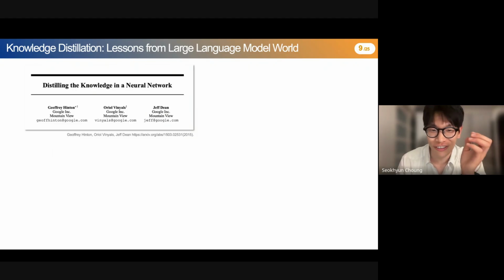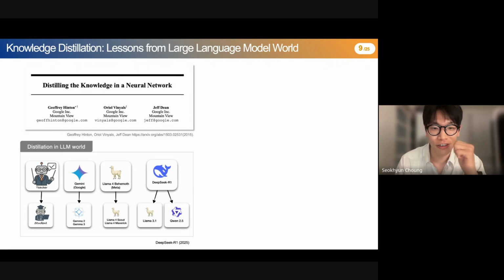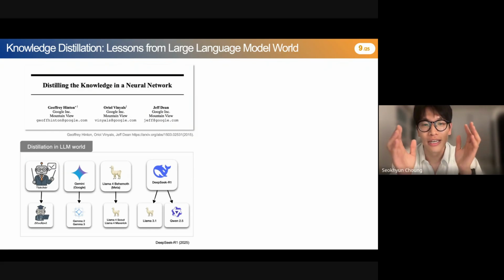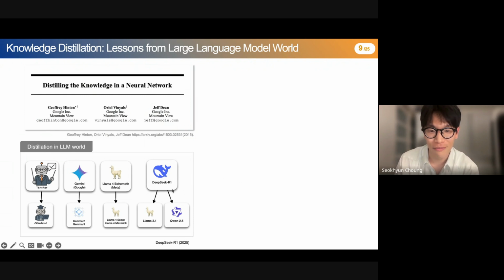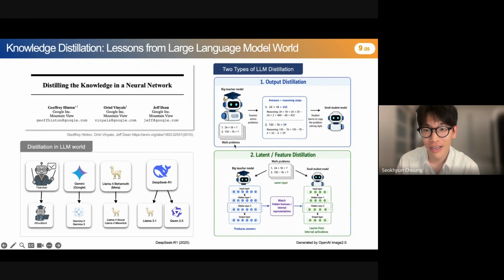things they usually do in the large language model field, where there's a popular paper by Professor Hinton, one of the ancestor papers of neural network distillation. And based on this paper, we are seeing many distillations in large language models, like DeepSeek also distilling for Llama and Qwen, and they showcase this very well in their paper. And when we think of distillation, we can think of two types. One is distilling the output of the teacher and training this output into a student model, or